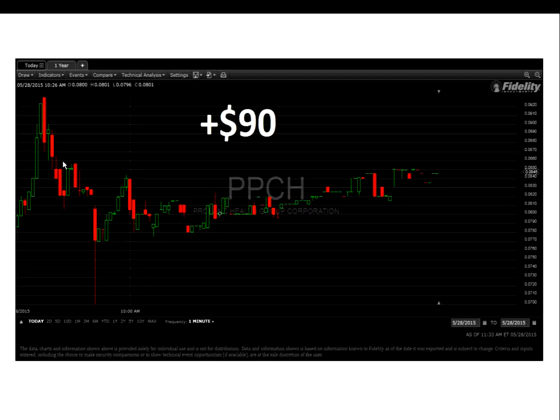And what I'm looking for is the pullbacks. I'm watching the stocks that spiked, and I'm looking for the pullbacks. I had 20 stocks in that list, and I'm just scanning through the 20 stocks in that second hour of the day. I'm looking for which ones pull back, and the key is they need to pull back and then